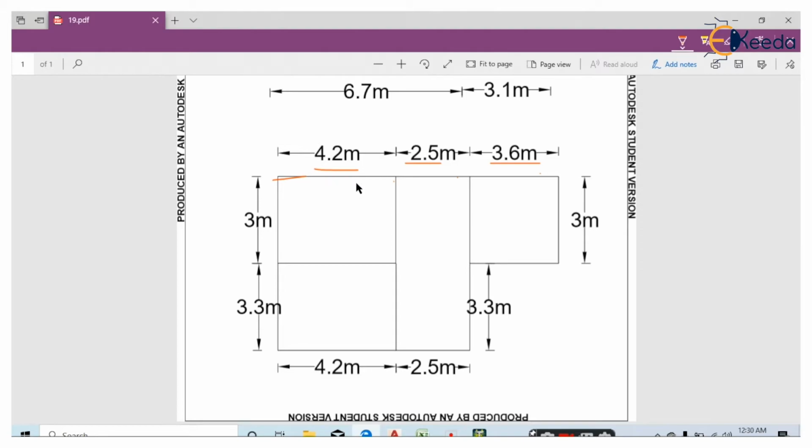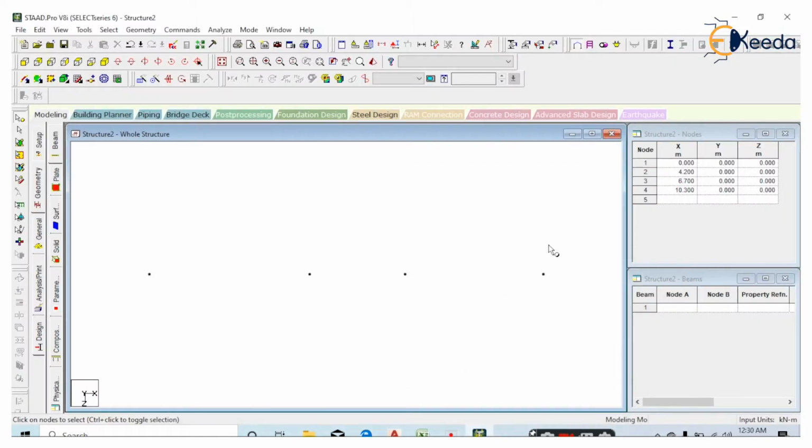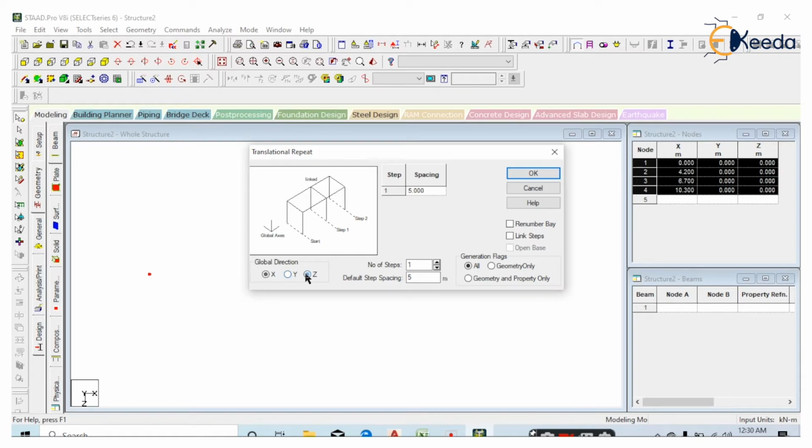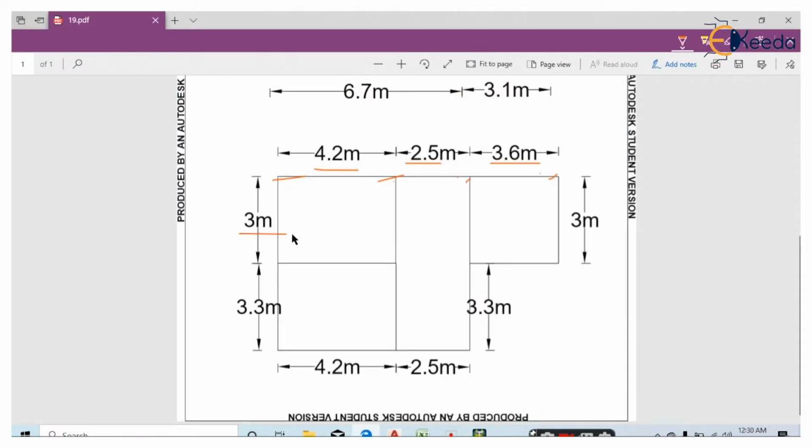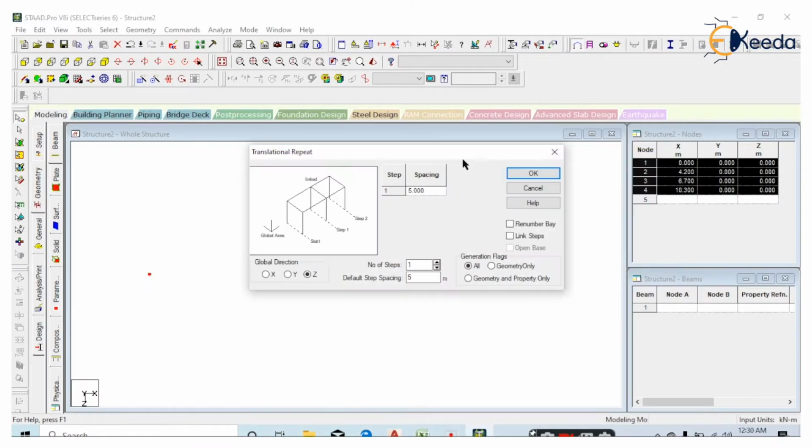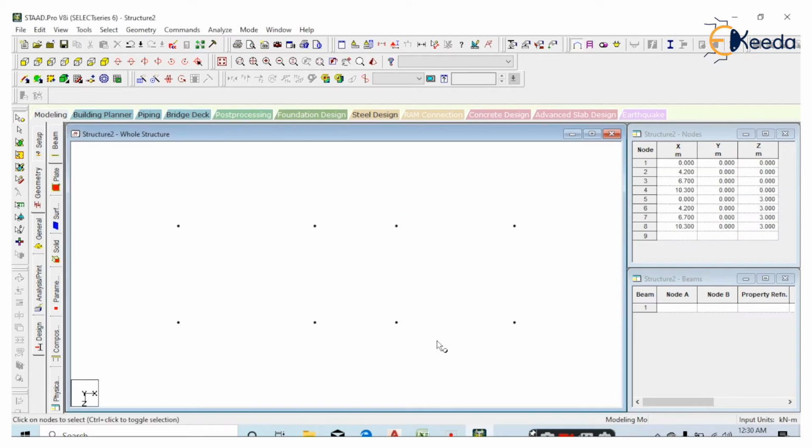Now select all the nodes, 1, 2 and 3, all the 4 nodes, right? Go to translational repeat in Z direction, one step of 3 meter. Okay.